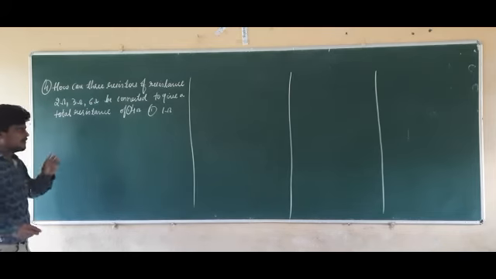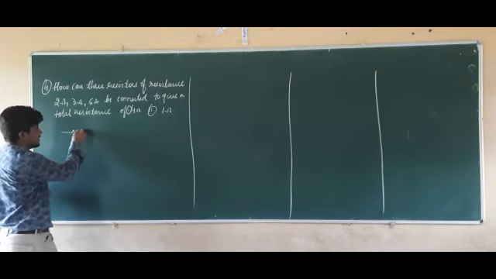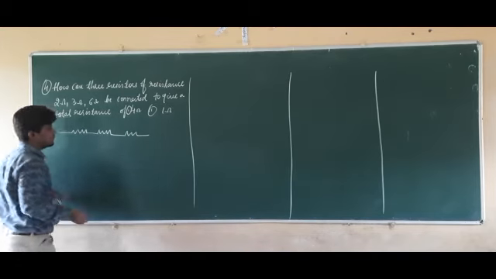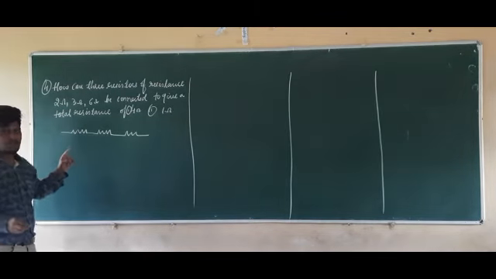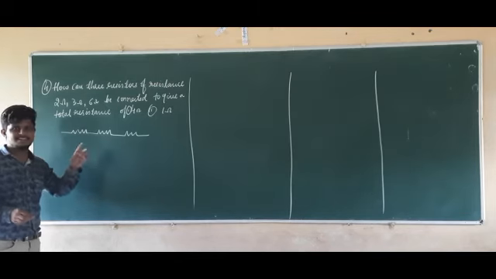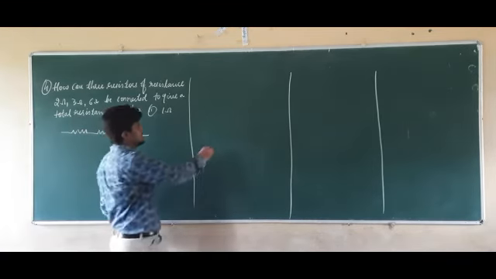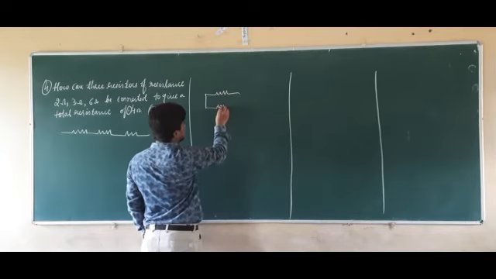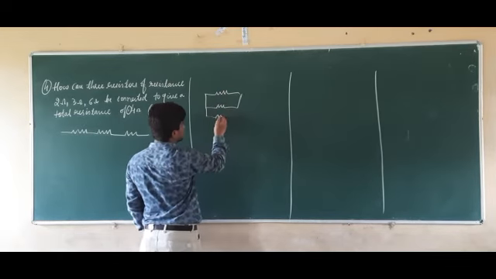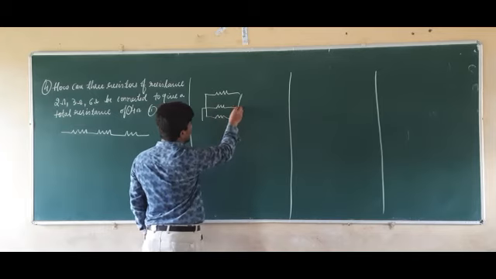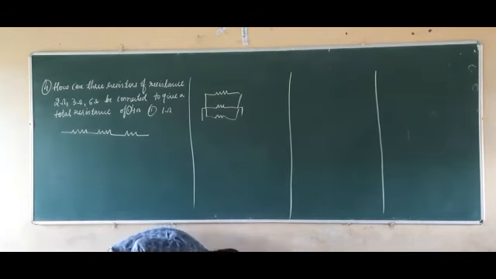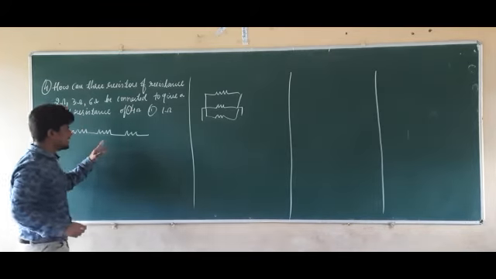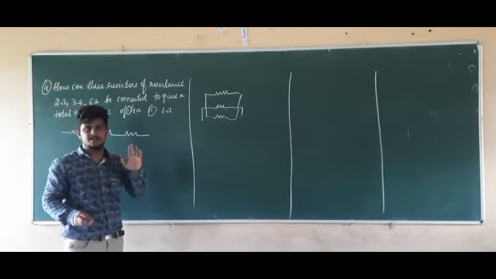The first pattern is we can connect all the resistors in series. First, 2, 3. Right, this is the first possibility of connecting all the 3 resistors in series. The second possibility is we connect all the resistors in parallel. It is the second possibility. Either we connect like this or we can connect like this.